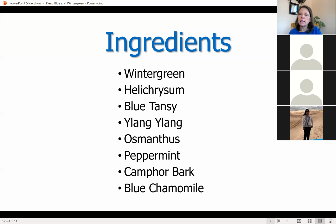So the biggest thing about the Deep Blue Rub is that it makes it easier to get the benefits of Deep Blue over a larger area. If your whole shoulder is aching, then you're going to have to put Deep Blue on your hand and do it probably several times to get your shoulder covered or your whole back covered. But with the Deep Blue Rub, it becomes pretty easy to get the Deep Blue benefits over the larger area. A lot of the benefits are the same as with the regular oil. To do a cooling massage,